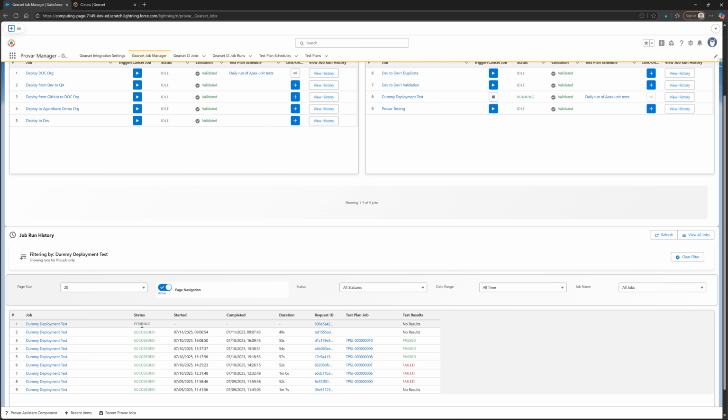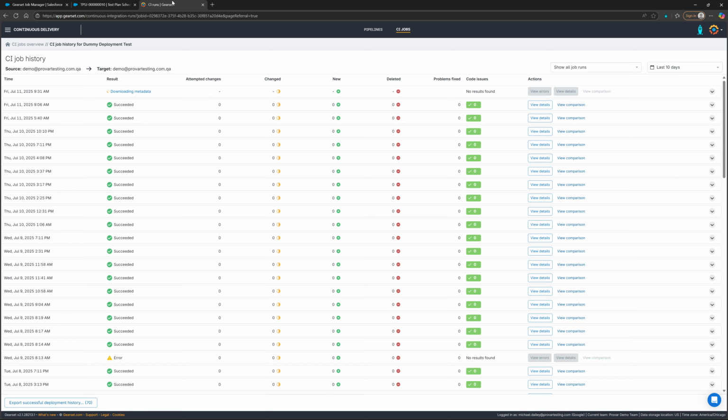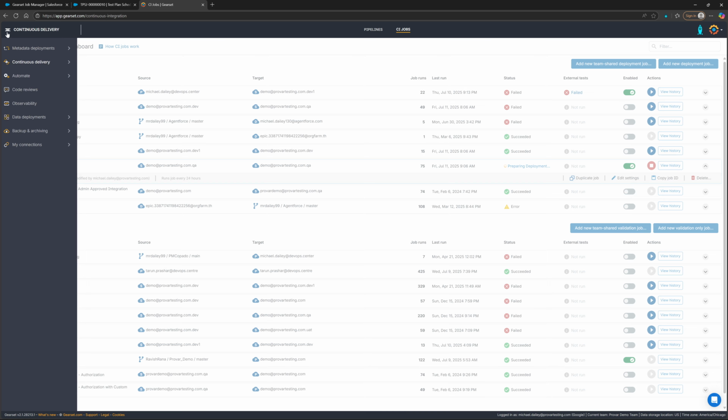For any job runs that have linked test plan schedules, the associated test plan schedule jobs will be linked automatically, and we'll be able to navigate those to see all the test results for a particular deployment that triggered that test plan schedule. We can also configure the integration another way from Gearset directly by navigating into Gearset and going